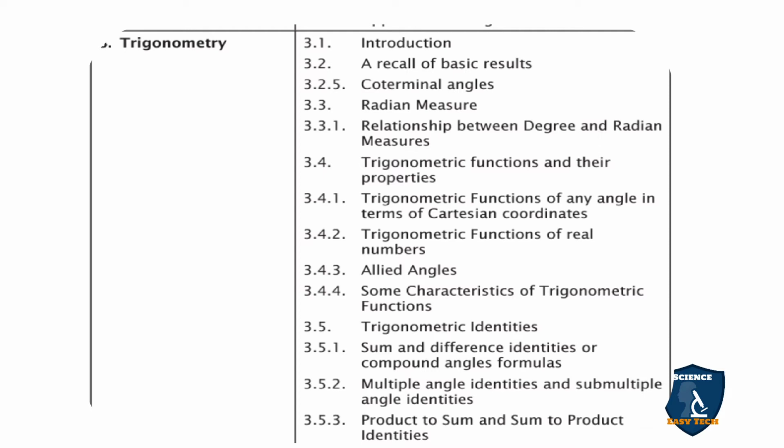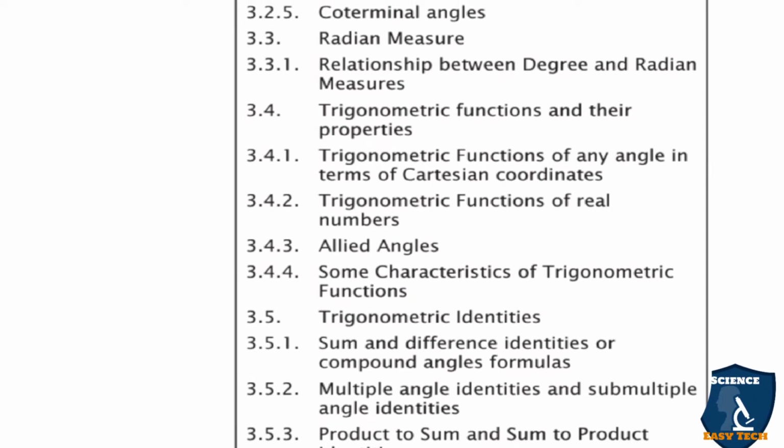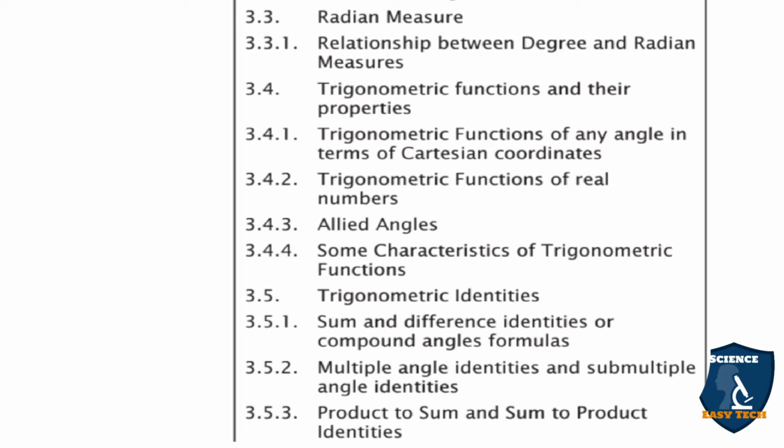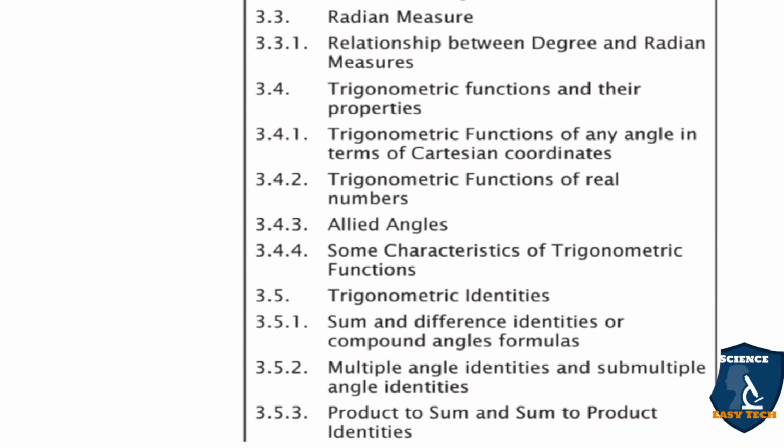Next, third chapter trigonometry, 3.1 introduction, 3.2 a recall of basic results, 3.2.5 coterminal angles, 3.3 radian measures, 3.3.1 relation between degree and radian measures, 3.4 trigonometric functions and their properties, 3.4.1 trigonometric functions of any angle in terms of Cartesian coordinates, 3.4.2 trigonometric functions of real numbers, 3.4.3 allied angles, 3.4.4 some characteristics of trigonometric function, 3.5 trigonometric identities, 3.5.1 sum